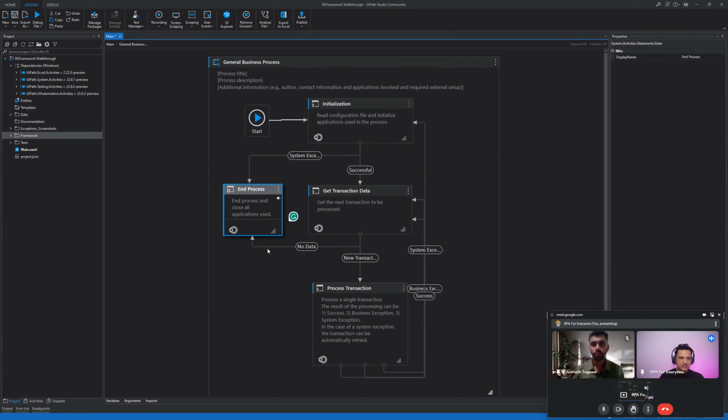So you know how we say mental state, emotional state. Basically, it's just a place. It could be a physical state that you're in, so just like that. When the robot or the process is running, it can be in one state at a time. So it can be initializing something, or it could be in get transaction data, which means it's actually getting data